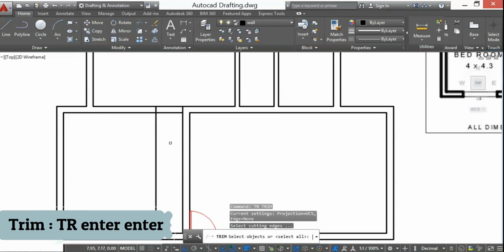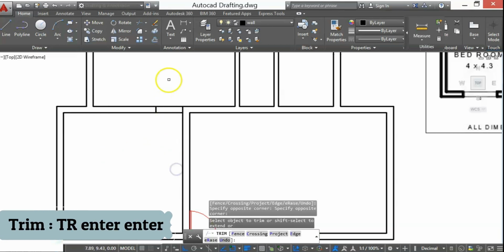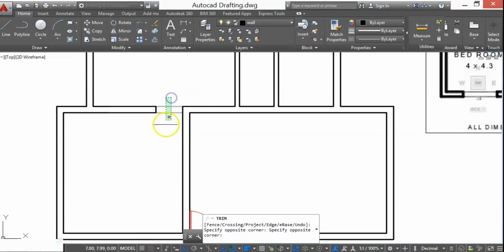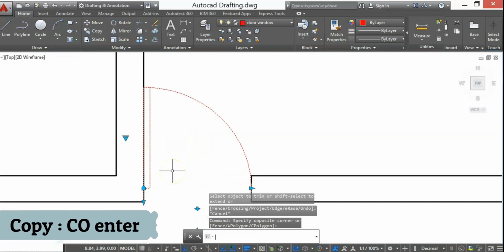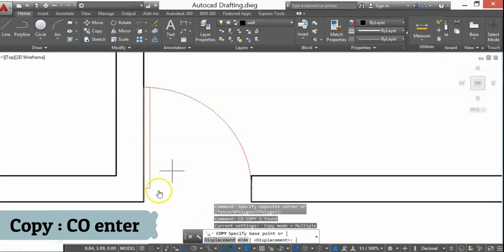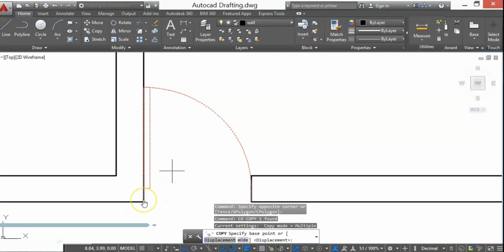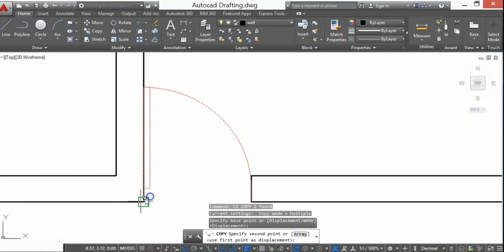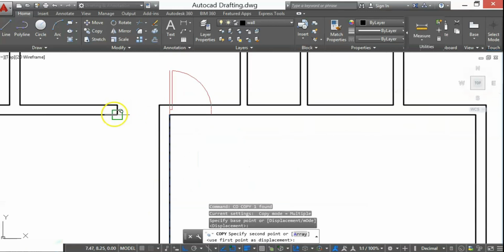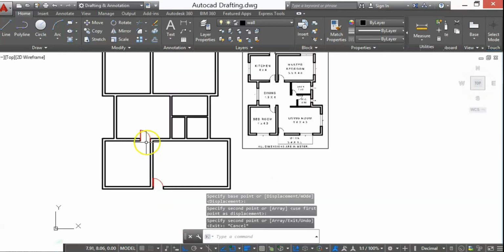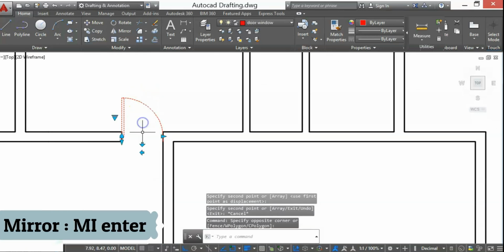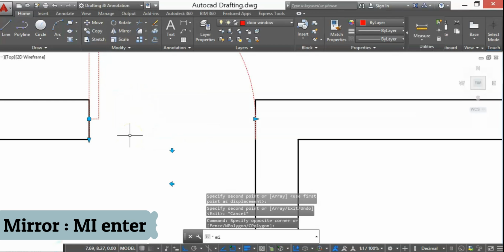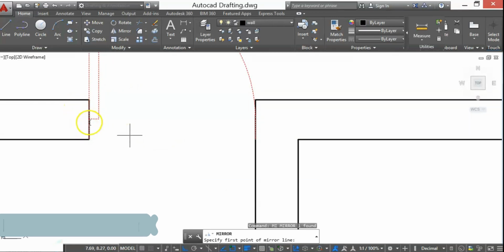TR, trim. So now I will copy this door to that place. For that CO, enter. As I wanted it as a mirror image, I'll select it, MI, enter.